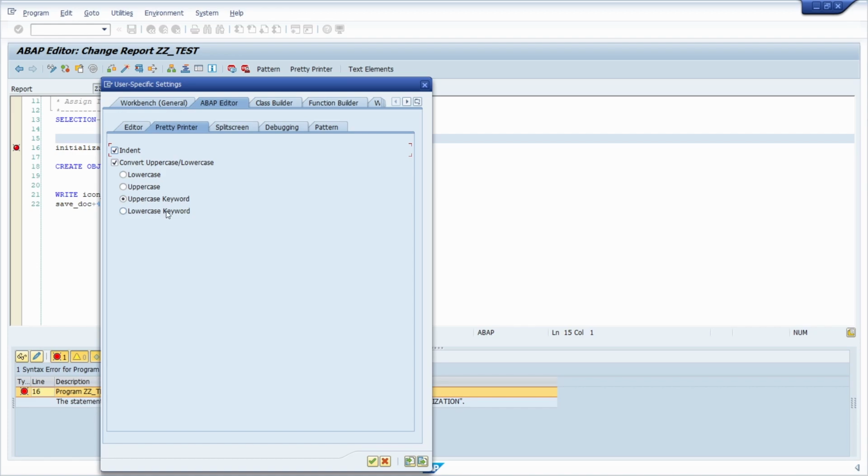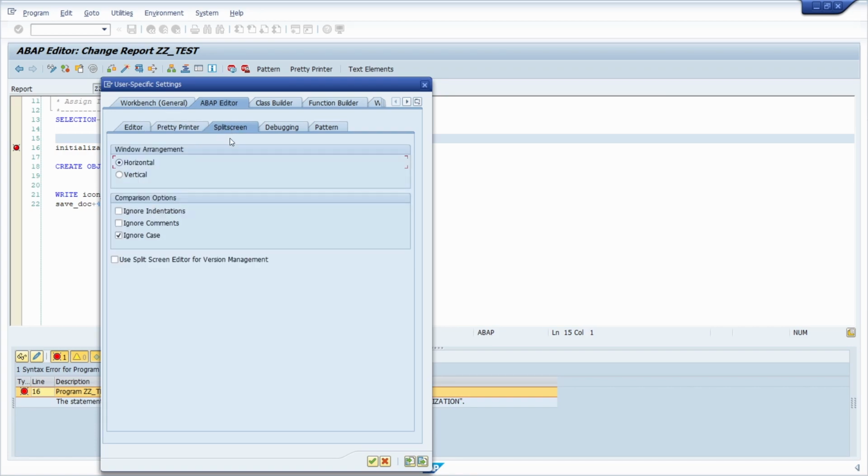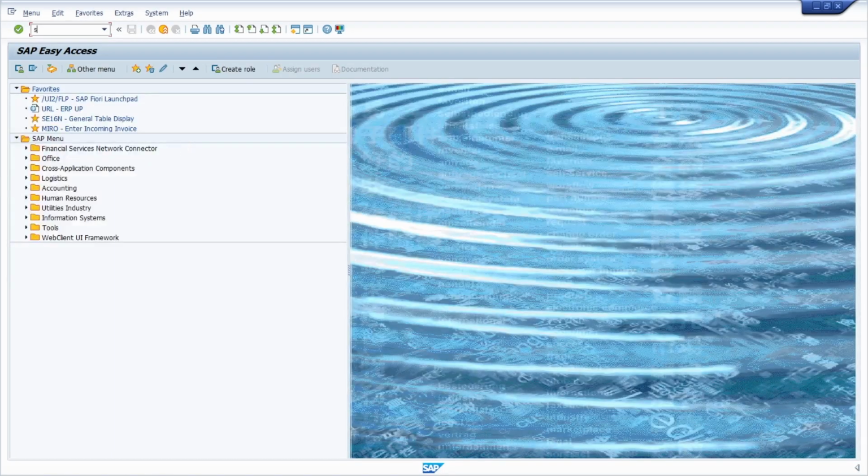So ABAP statements, ABAP keywords: do you directly and in general want lowercase or uppercase code, whatever you prefer. I personally prefer the setting to indent my code and to convert the ABAP keywords to uppercase. If you are using the ABAP editor in split screen,